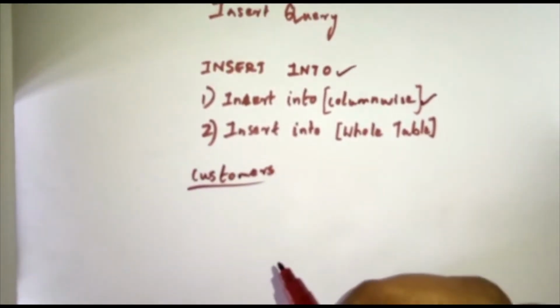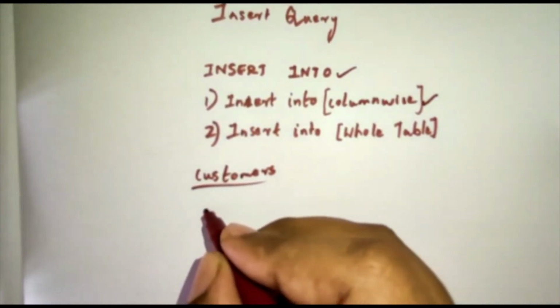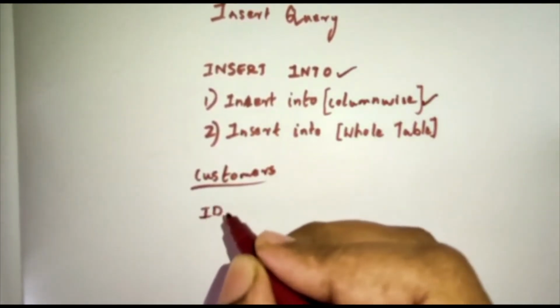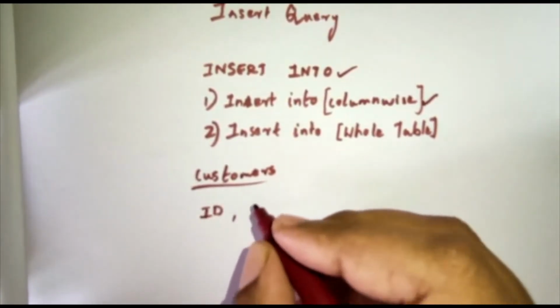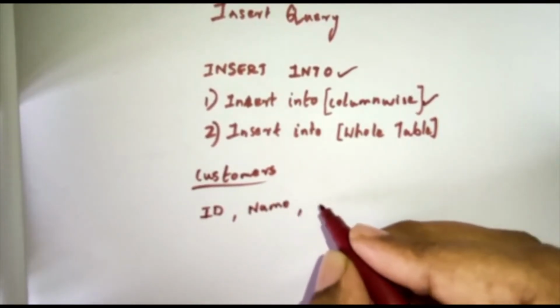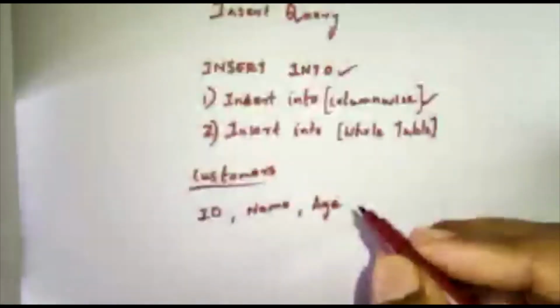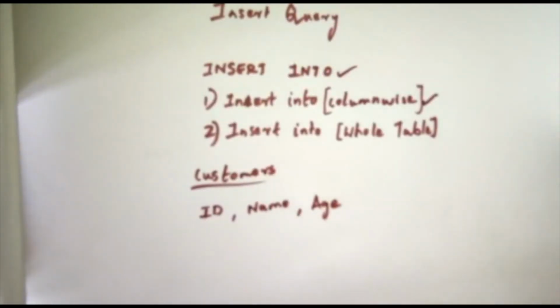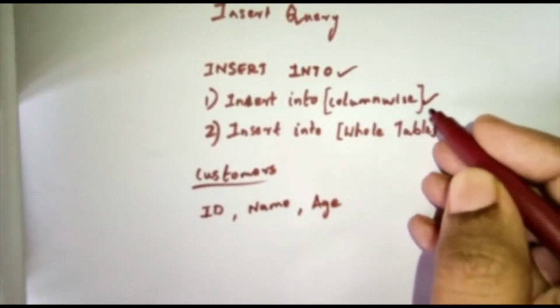And this customers table, let's see, is going to have these columns: ID column, name, and then age. Okay, so we'll see. Considering these columns to be a part of the customers table,